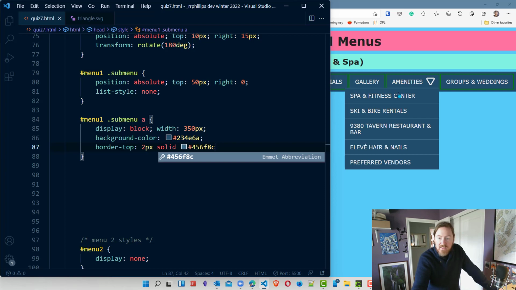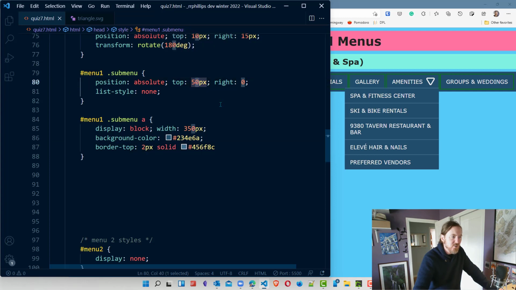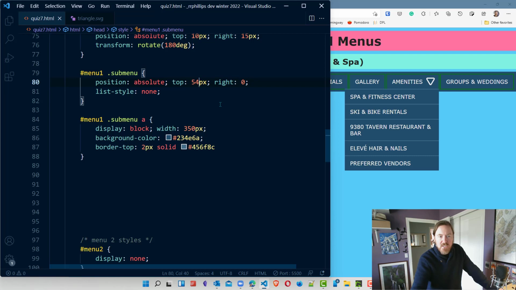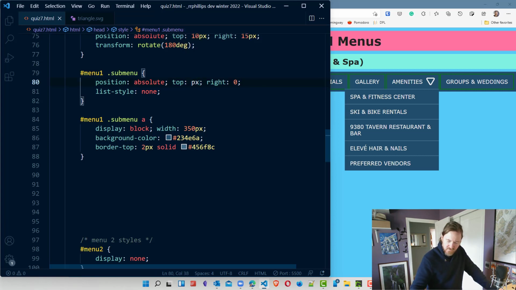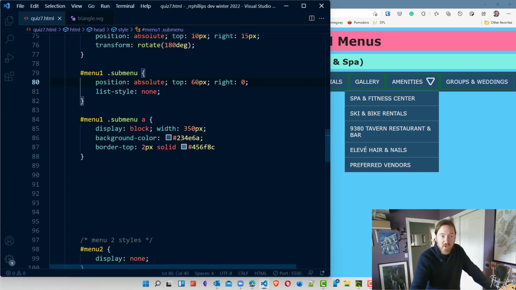And now that we've done this, we can see that, okay, maybe my 50 pixels was a little bit too short. I'm going to knock that down to 54. That's actually starting to look pretty good. Oh no, let's go a little further. How about, let's go big, I guess. Let's just change it to 60. Now there is going to be a point where I go too far, and that could be too far. I'll explain why in just a moment. But